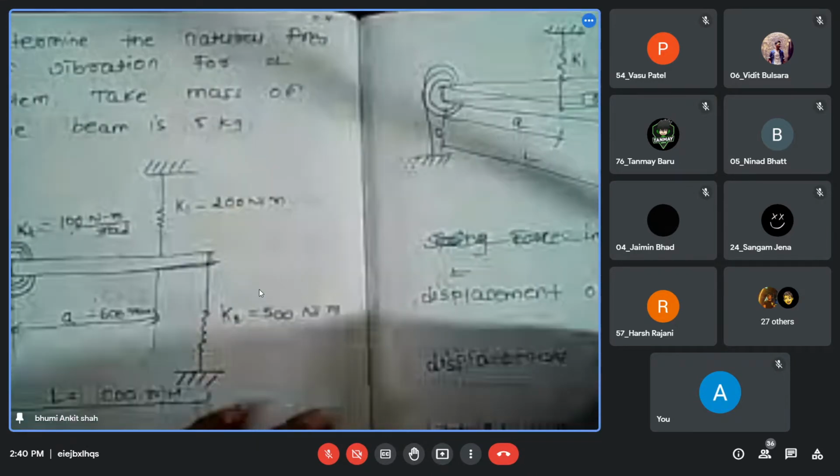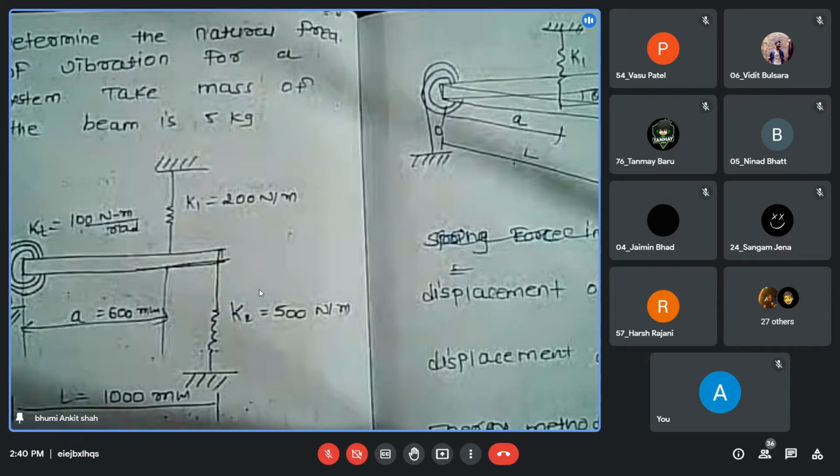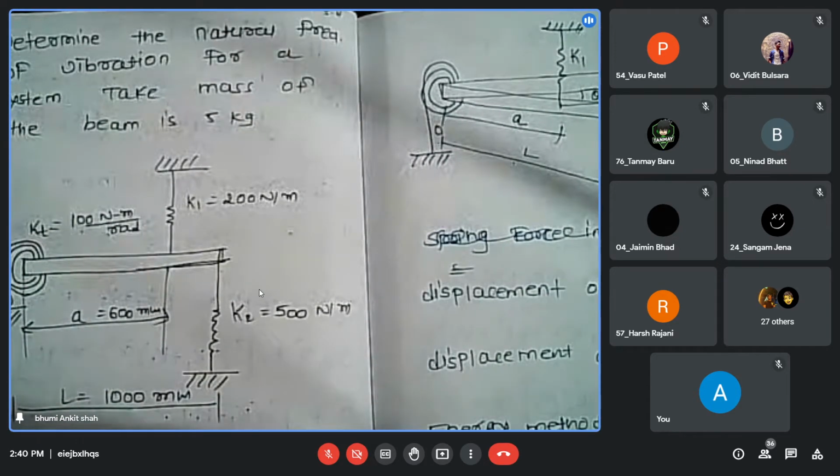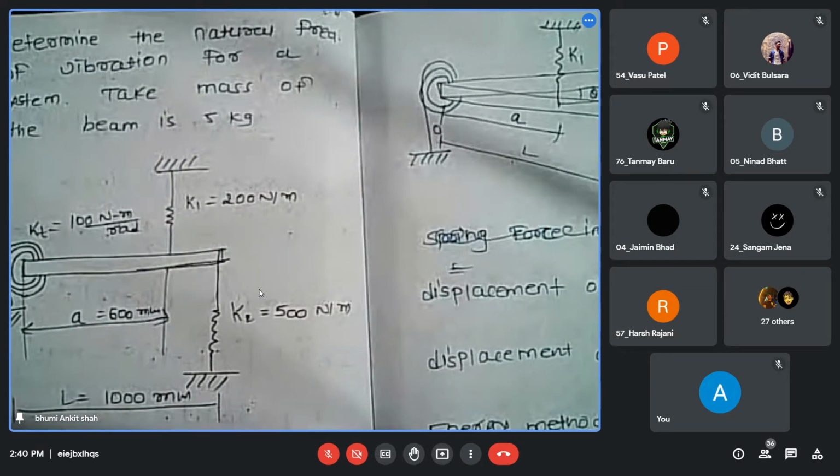Okay. So we are towards the end of our chapter, free undamped vibration, right? Only two to three varieties are left. So from next class, we will start a new chapter. Now the experiment related to this, we will discuss during our lab hours. I will explain what you have to do, which problem you need to solve, what question you need to write, and then you have to submit by the end of next week.